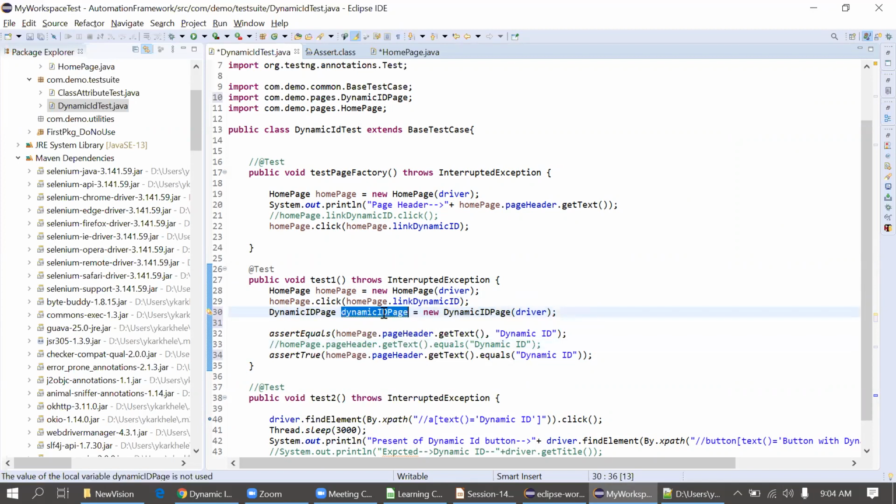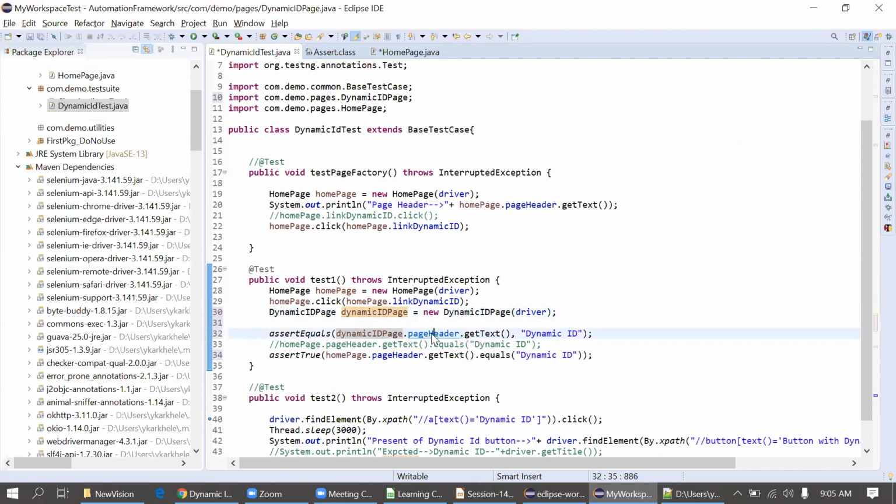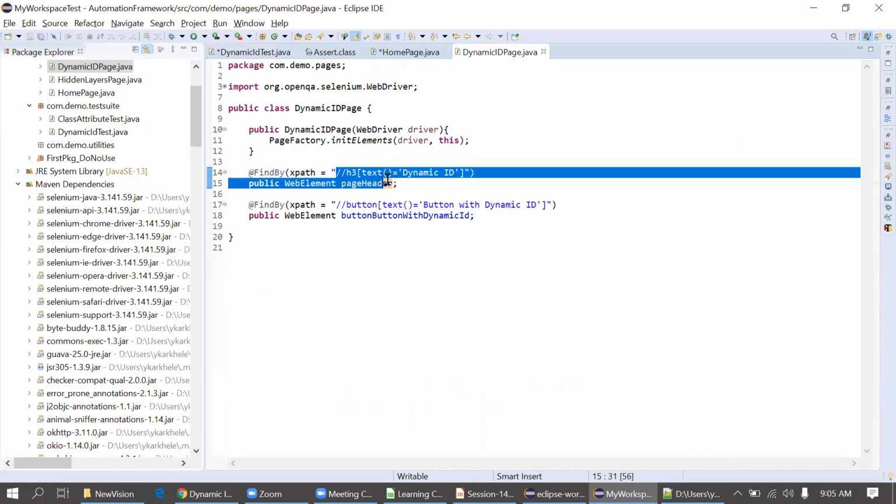Then we'll simply copy. Now we have to verify the header from this dynamic ID page, right? So I'll paste the reference here. Now it will locate this dynamic ID. So this is the correct locator for the dynamic ID.